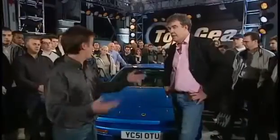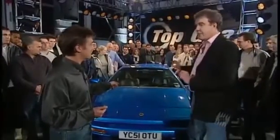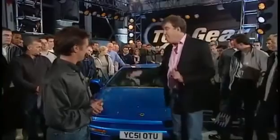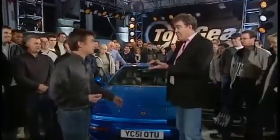It won't work. And if that kills it, that's a real shame, because if you ask anybody of our sorts of ages to draw a supercar, that is what they'll draw. I know, it is the perfect supercar shape. And do you know why? It's got pop-up headlamps. Yep. I love pop-up headlamps. When I was a kid, all I wanted was a car with pop-up... Anything, as long as it's a car with pop-up...